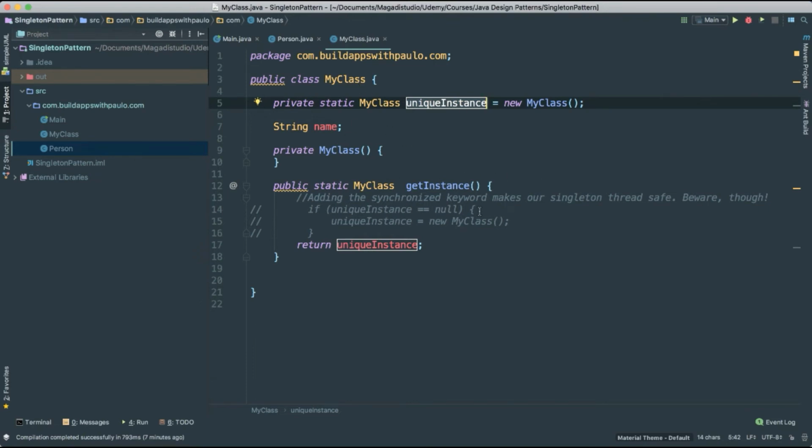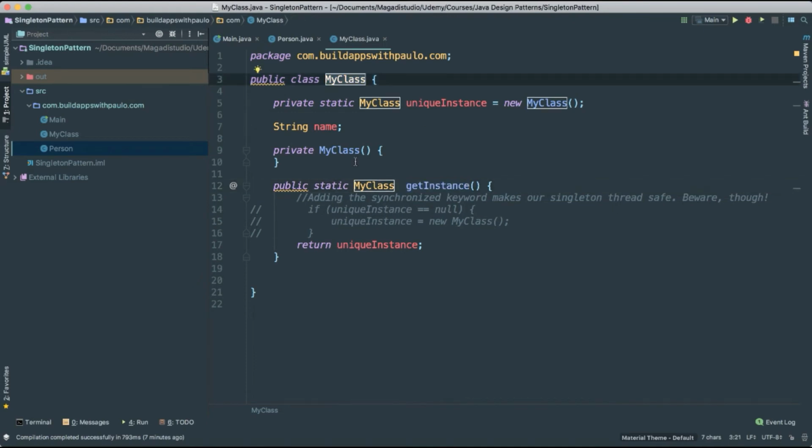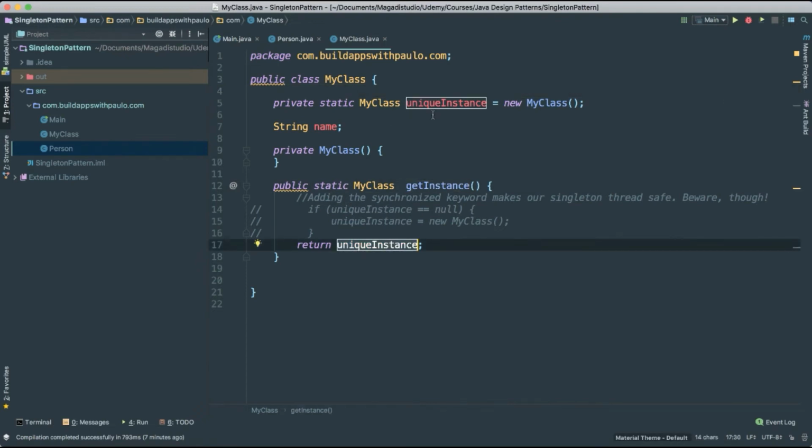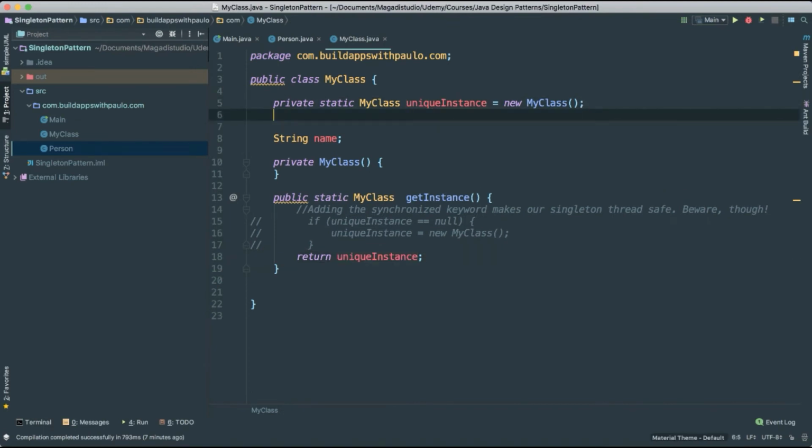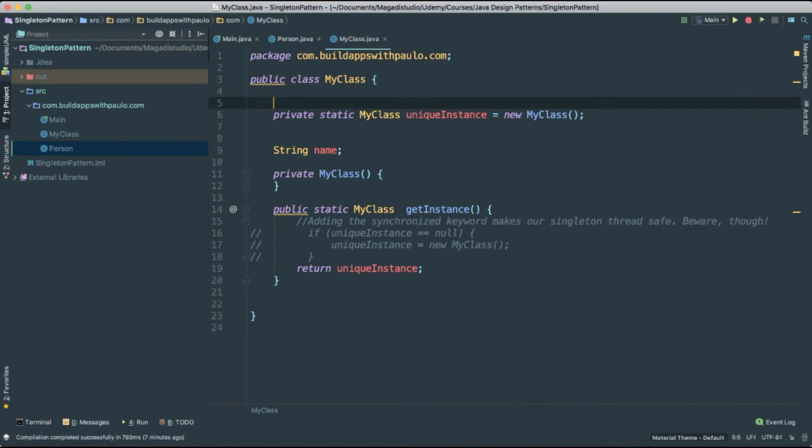So this makes sure that we don't have to call the get instance in order for us to actually create or instantiate our class, right? Because the moment this is called, then we right away create the instance of the class. The get instance only returns what's already been created. So this is called eagerly. Okay. So let's call this, this is what we'll call